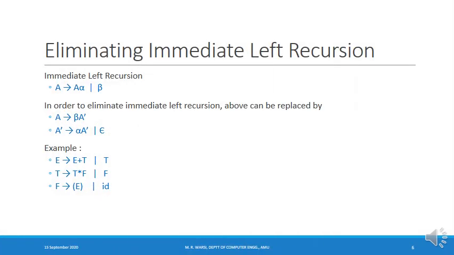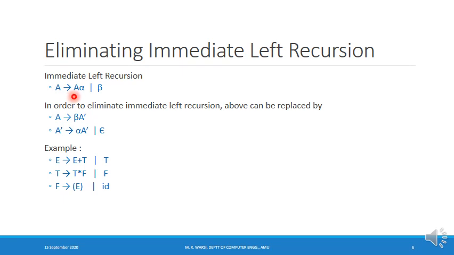We'll now discuss elimination of both types of left recursion, immediate left recursion and left recursion in more than one step. First of all, let us discuss elimination of immediate left recursion. Let's take the example of this grammar: capital A derives A alpha and capital A derives beta. If you look at the production, the right hand side is beginning with the same variable which is there on the left hand side. So here I have immediate left recursion existing in the grammar. So we'll see how we eliminate this immediate left recursion.